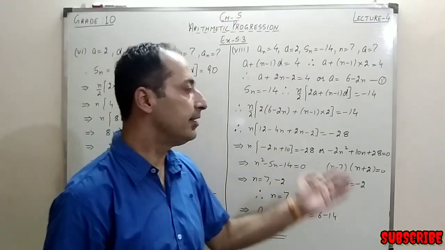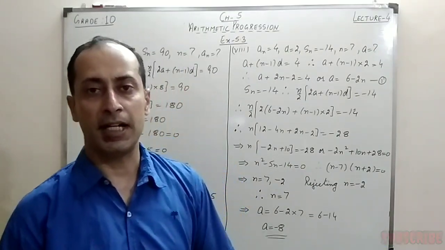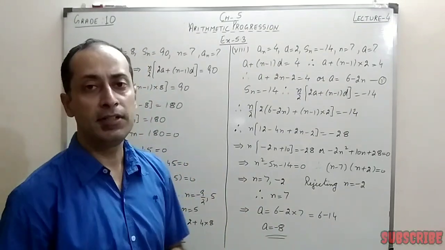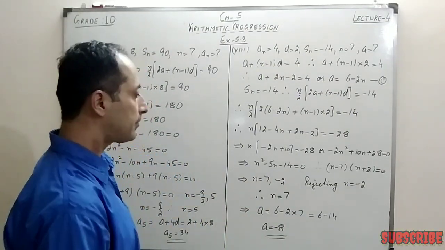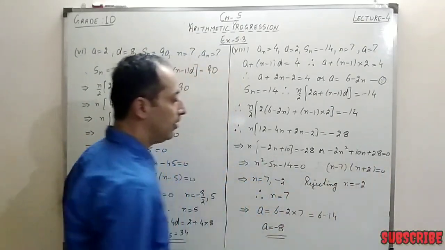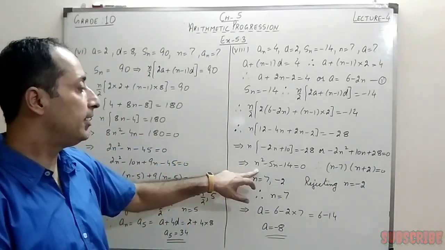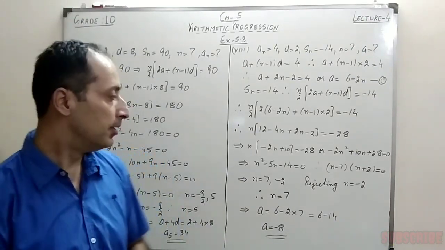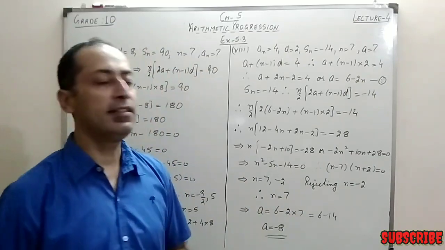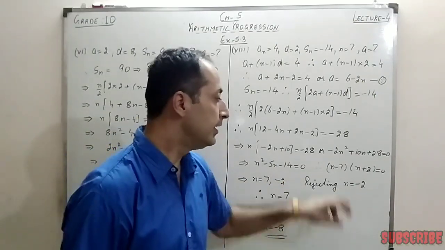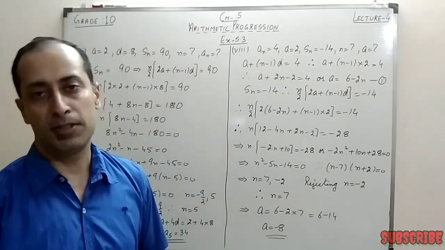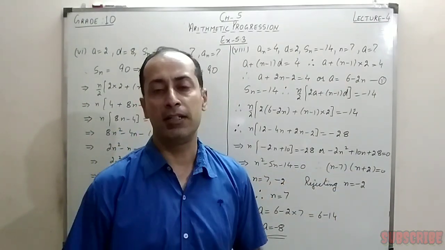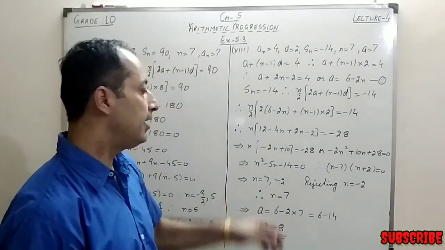Then I can write this quadratic equation in the standard form by taking the common from all the terms and writing the first term in the positive. So I take minus 2 common from all the terms, and what I am left with is n square minus 5n minus 14 equals to 0. Now when I factorize this thing, I get two factors, n minus 7 into n plus 2 equals to 0. Now I can just find the value of n from this. I get the value of n as 7 and minus 2.